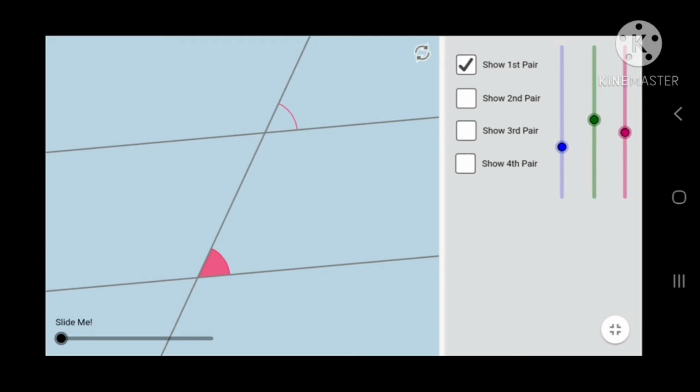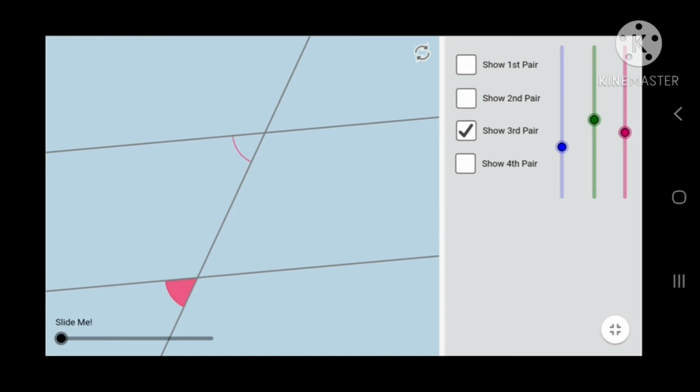As you can see here, the shaded one is one of the pair of corresponding angles. As you keep on sliding the same angle, you will find it will reach there. So as you can see here, both are the same. So here we can see that corresponding angles are always equal. The same thing goes with the second pair. So corresponding angles are equal whenever we are considering parallel lines.